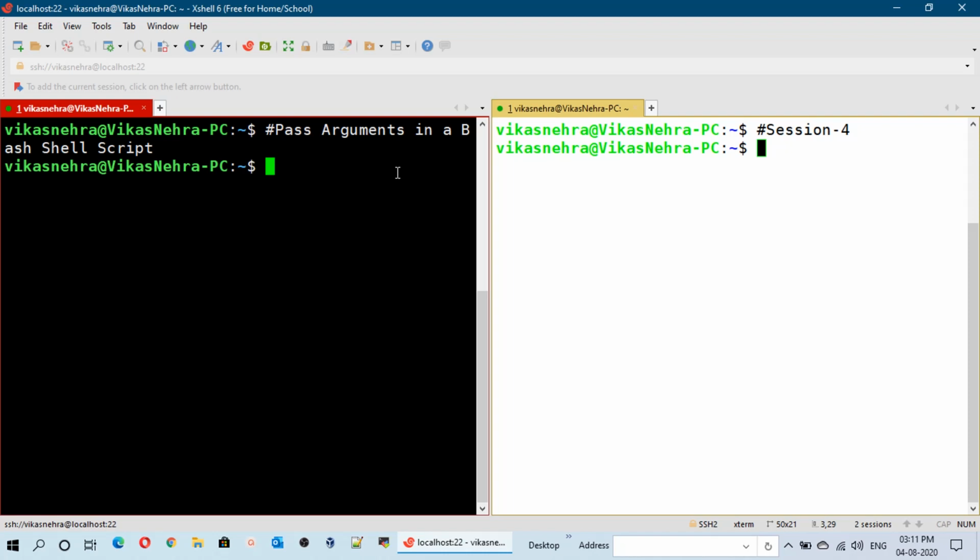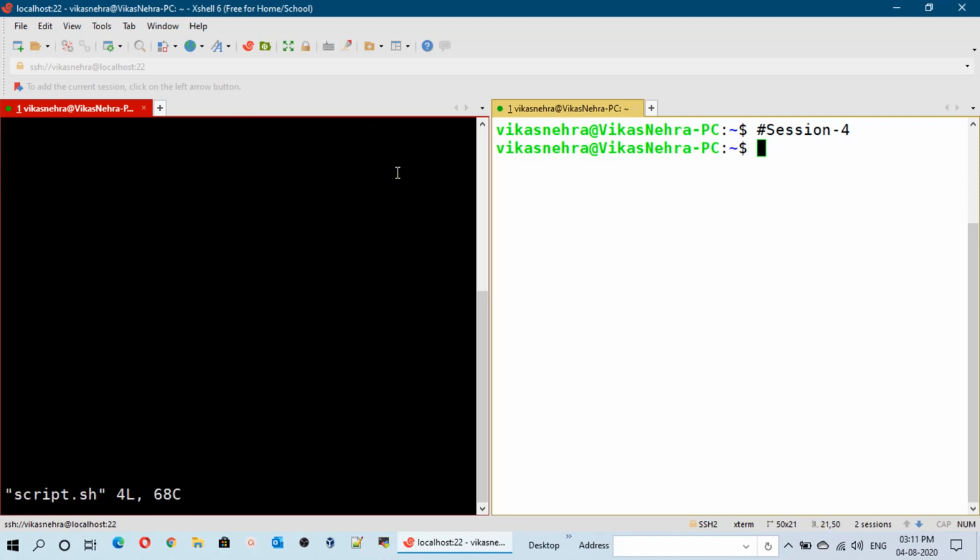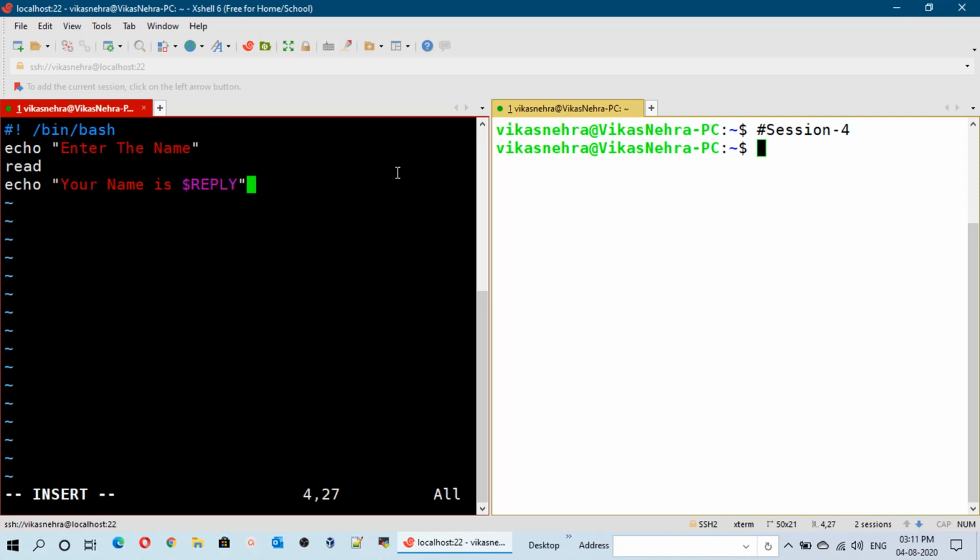So first of all, let me open the script file in the VI editor, and after that I will remove everything from this file. So there is already mentioned hashbang /bin/bash, so there is no need to write it again.